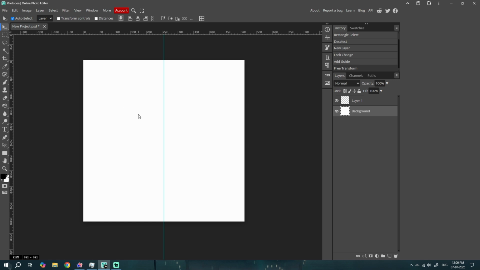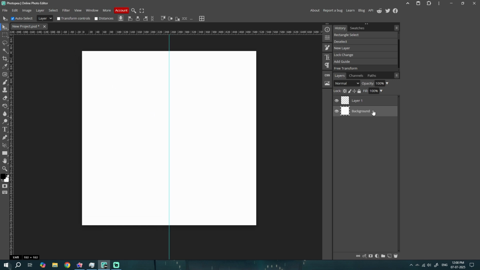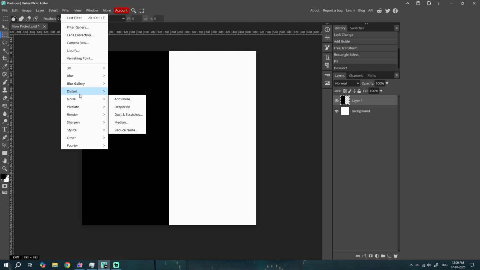It can be done in Photoshop too. I'm just using this Photopea editor. In the layer 1, basically create a black like this, hide the ruler for now, and then basically filter,